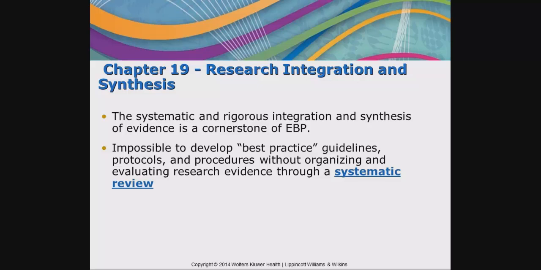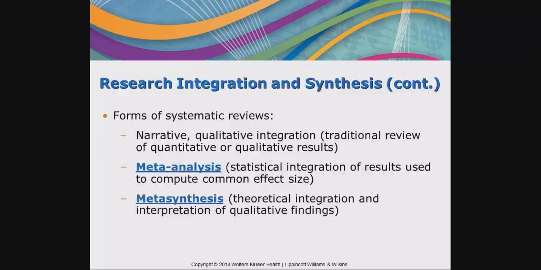And systematic reviews, remember, use multiple studies. There are two forms of systematic reviews, and I want you to know these. These need to be a part of your central nervous system, because when you are writing your own research studies, you're going to want to pull these into your review of the literature. Or if you're going to make a policy change or a practice change, you're going to want to pull these in to look, because what these are powerful to do is they're giving you the evidence out there that is